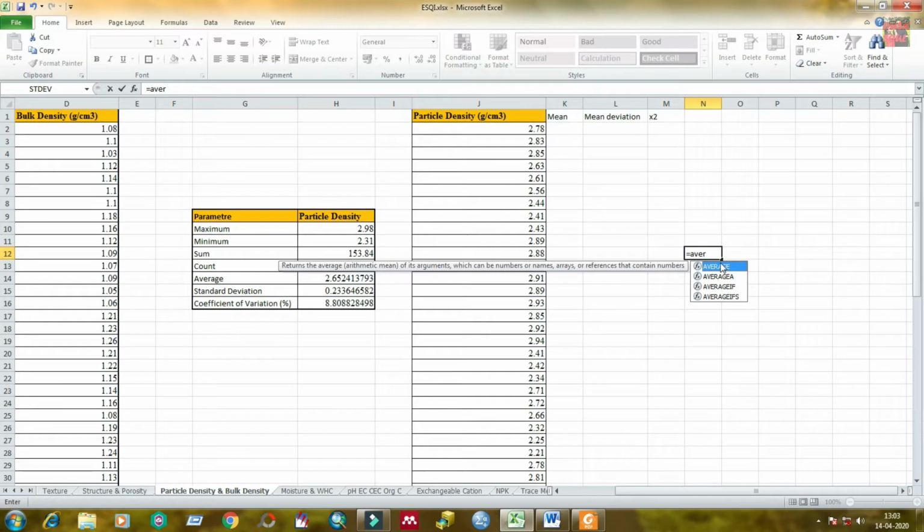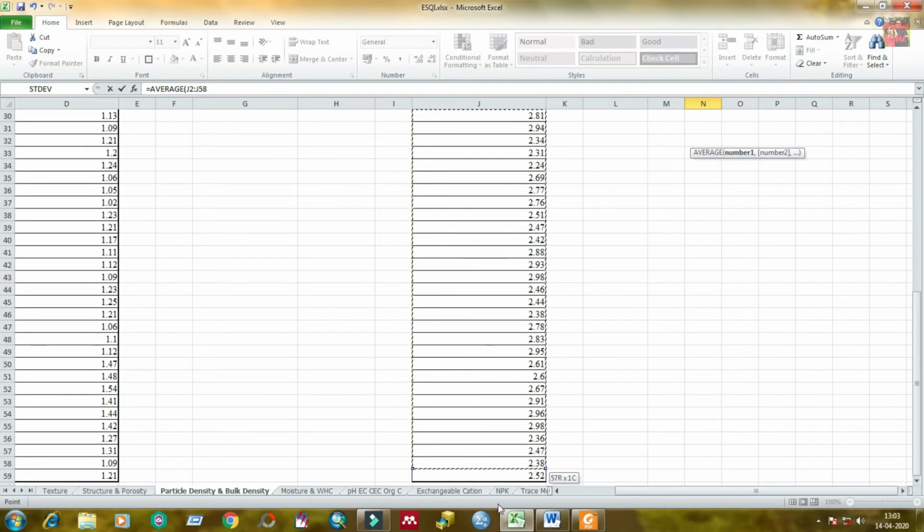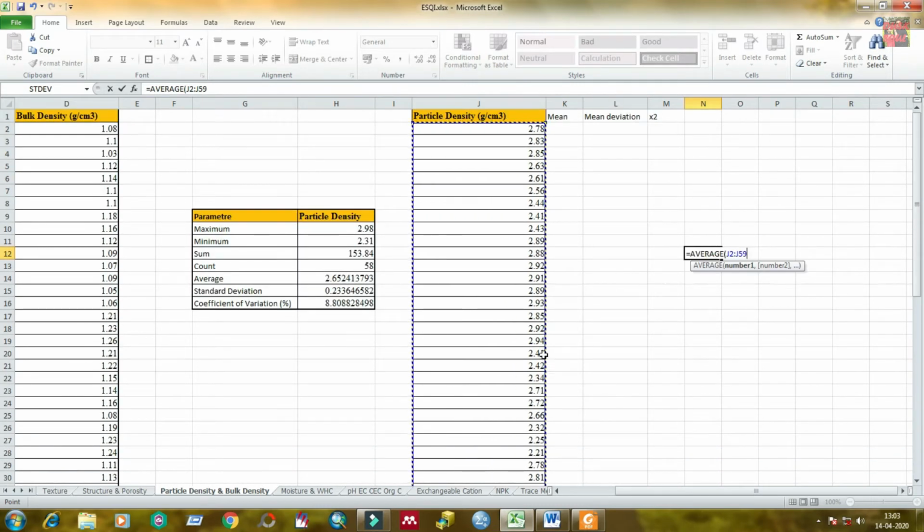Then to avoid and reject the negative values, you have to multiply the mean deviation value, that is x squared. Here I am going to calculate the total sum value, that is the total of the data, then divide. I am going to calculate the mean value. You know how to calculate the mean value earlier.